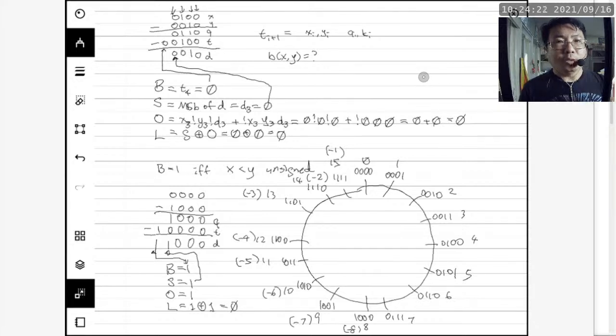In other words, the way you interpret x, y, and d, if you say I'm going to look at the bit pattern on this side of the wheel as negative values, you have to use that interpretation consistently. So if I see it as 0 minus -8, then whatever the bit pattern is the difference, I have to use a consistent interpretation, which is -8. And in that case, it doesn't make sense.